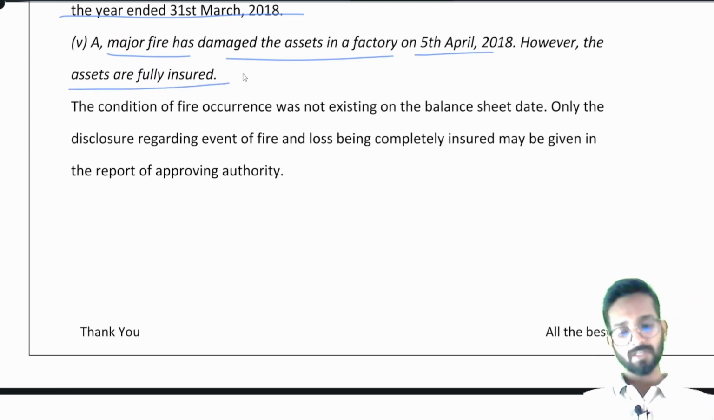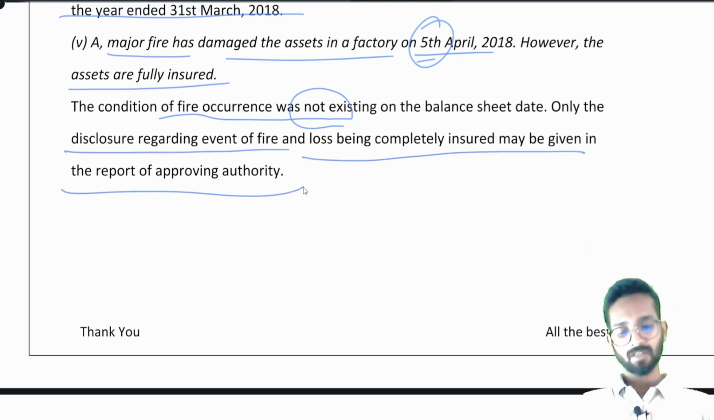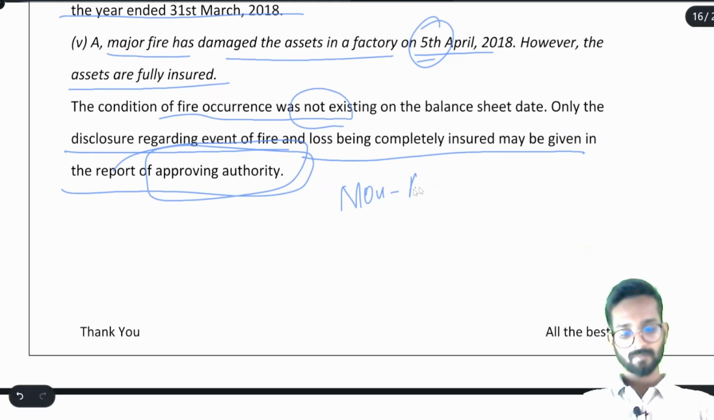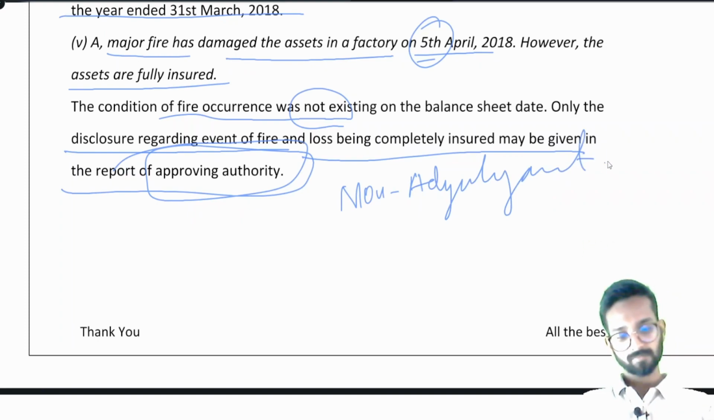However, the assets are fully insured. If these are fully insured, it means we have no loss. If there is no loss, then there is no problem. It is obviously a non-adjusting event because it is happening on the 5th April. The condition of fire was not existing. Only the disclosure regarding event of fire and loss being completely insured may be given in the report of approving authority, that is your director's report. Only that is enough. It is your non-adjusting event. Understood? Now,